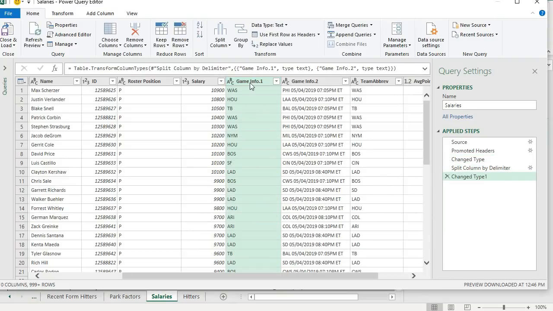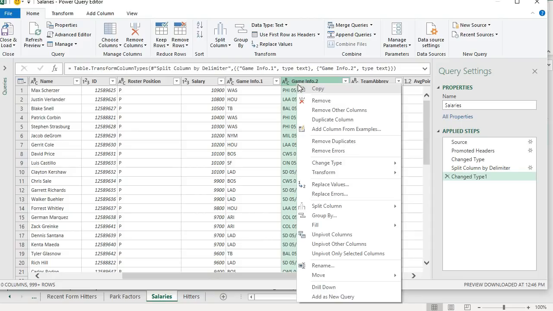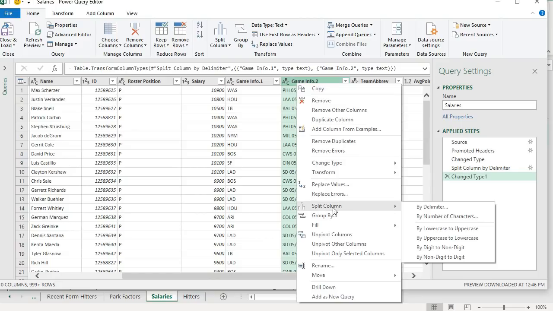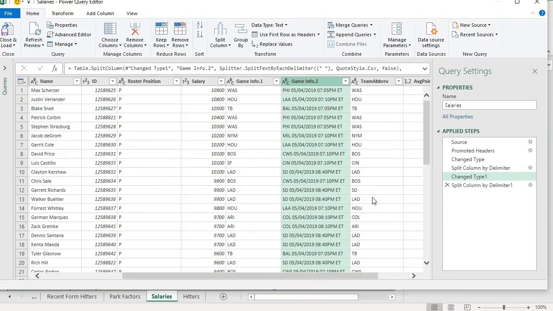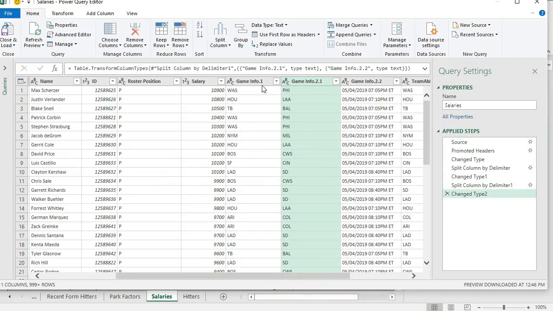Okay, so now I've got my one team split out, and I still have my second team with the rest of this game information. So I'm going to split again, and I'm just going to split by a space this time, the first time it finds a space. So now I have both teams